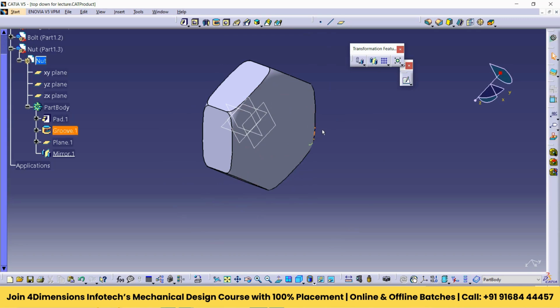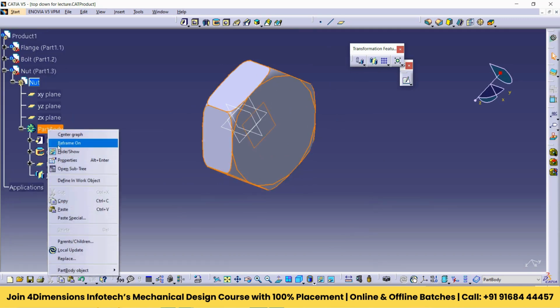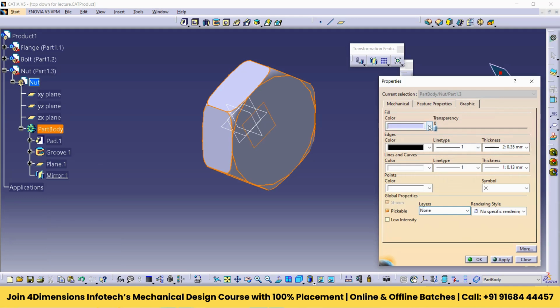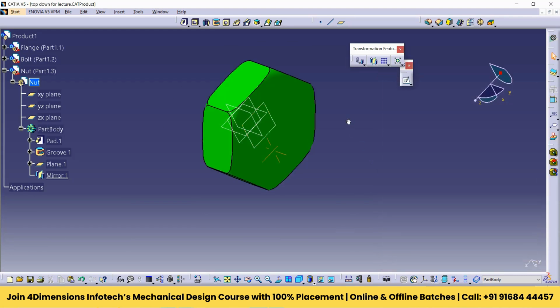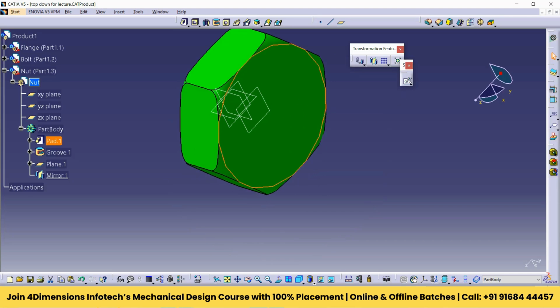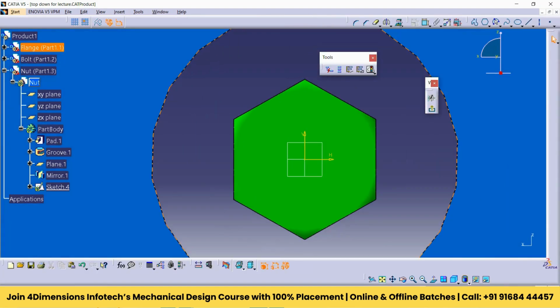We'll give the appearance for this nut also here. Select the part body and then go for properties. In the window we are going to select the color here as green. Say apply and OK. Next we are going to select this face, say sketch, and we are going to make